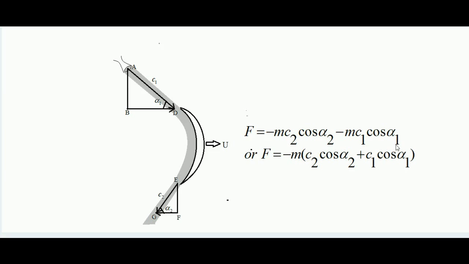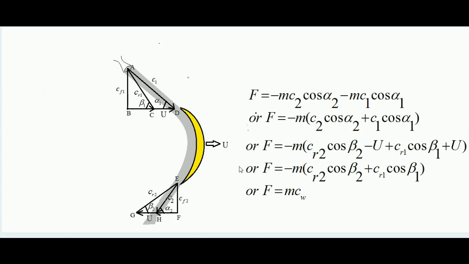Now this is the applied force, because here m is in kg per second. This is the mass flow rate. So per second this much momentum change is happening over the blade in the horizontal direction. So this is the applied force. Now we can take out m common. So ultimately inside the bracket it is c2 cos alpha 2 plus c1 cos alpha 1, and outside it is minus m. In case we are only bothered about magnitude, then we can remove this negative sign also.